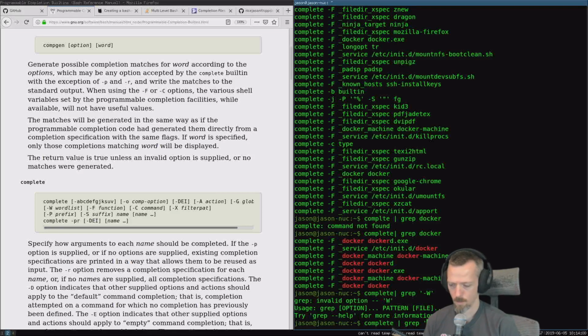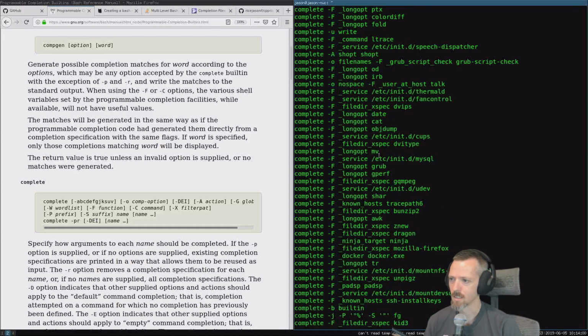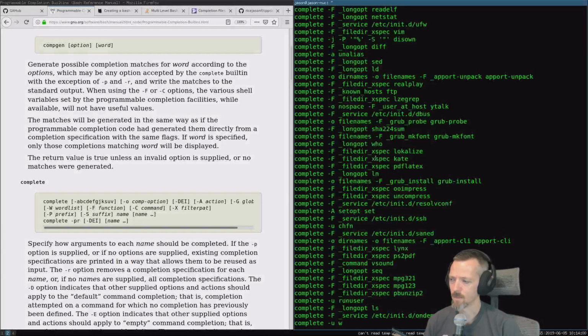Yeah. You did a backslash. So I'm not very good at bash either, if you haven't noticed. Yeah, there's no word lists. So